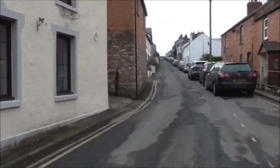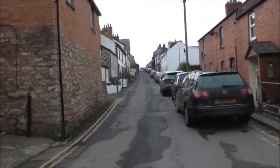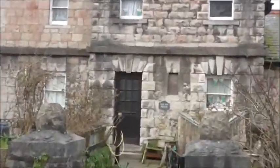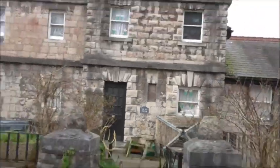Anyway, keep going up over the hill and I'll be at the mental. And there's the old jail. It actually says on the sign the old prison, but we used to call it the old jail. And they actually had an exorcism there because it was haunted, believe it or not. The owner, this was going back a few years now, said to me that they got a priest in because there was weird activity going on, and he was doing all the exorcism stuff. And she said that all the doors opened and all the doors slammed shut. And she says there was nothing ever since then. It was back to normal. There was no strange activity. So that was the old jail. Like I say, it says the old prison on it, but